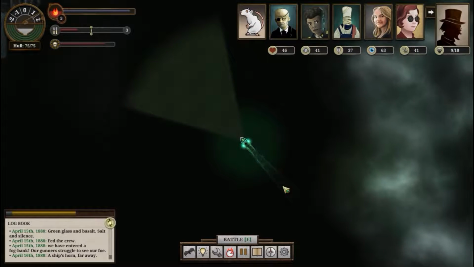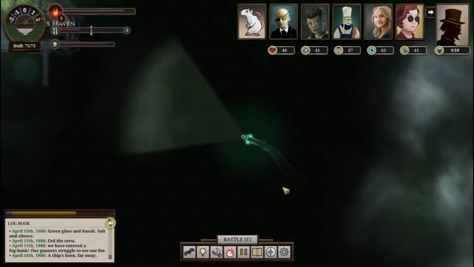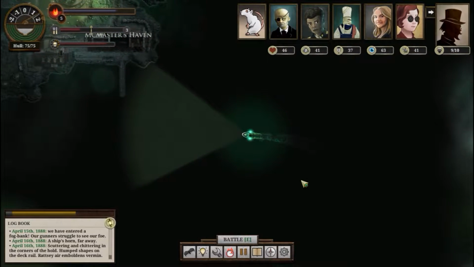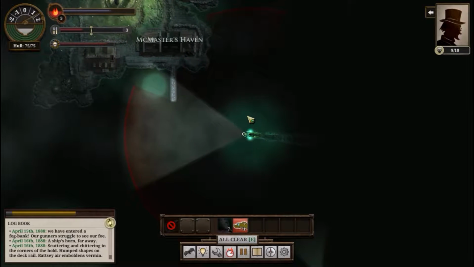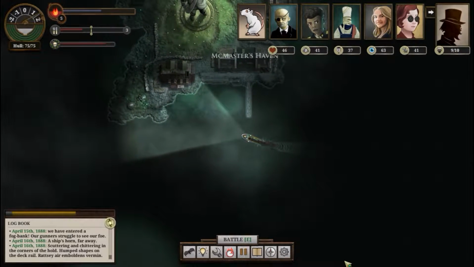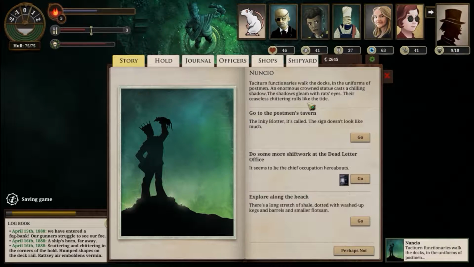Okay, Khan's Shadow is close by. Quaker's Haven. We might as well pick up a port report if we don't have one already. Let me see. Is this Quaker's Haven? What the hell? Oh, a rat barge. Okay, all clear. Oh, that's Nuncio. We have...